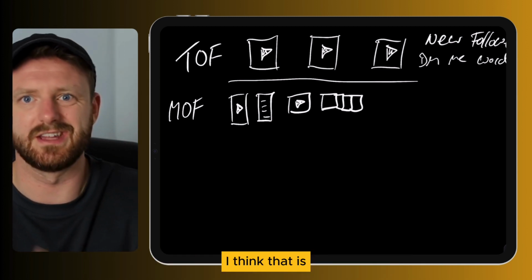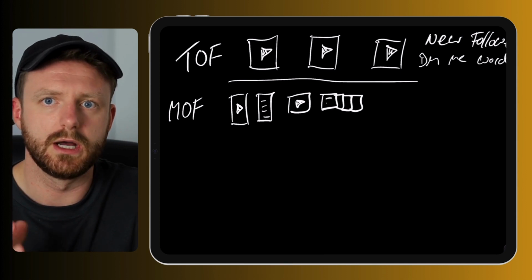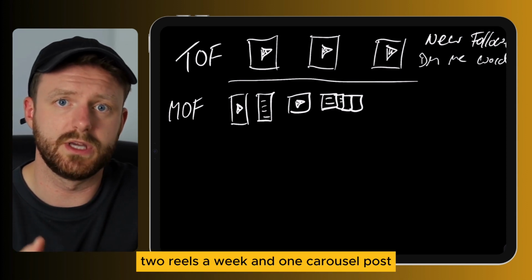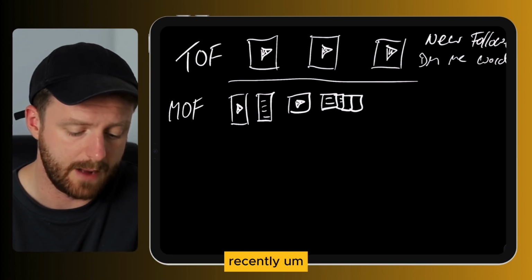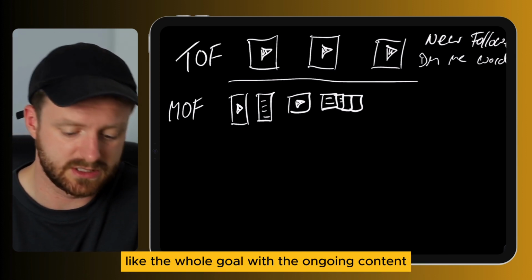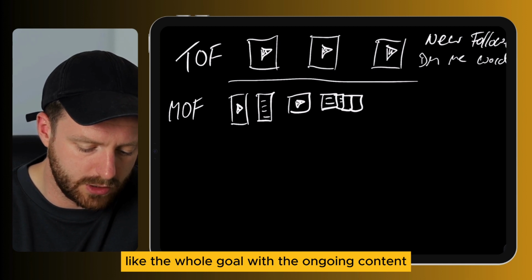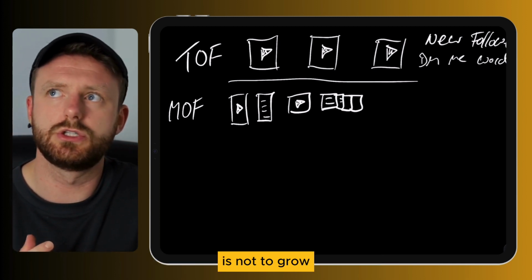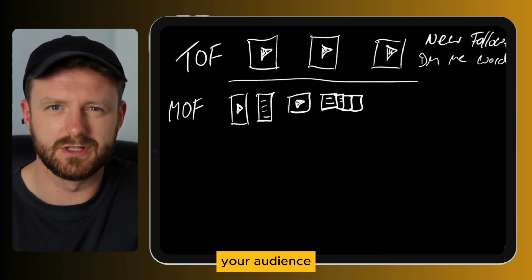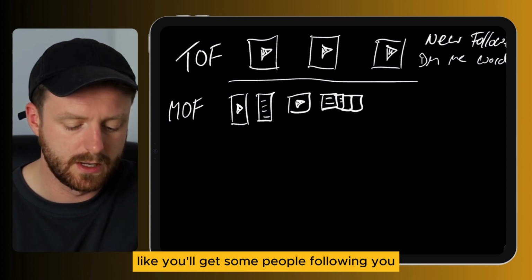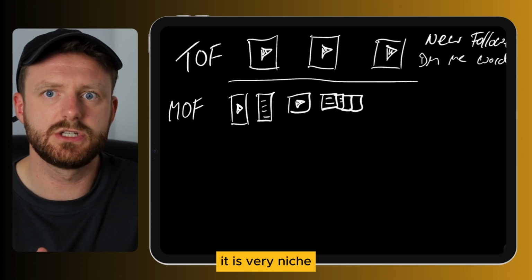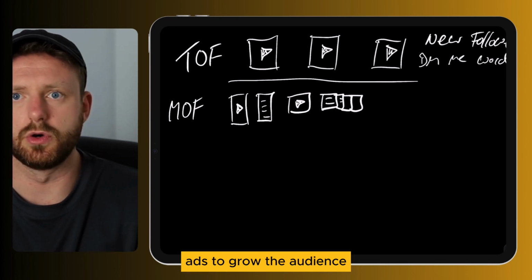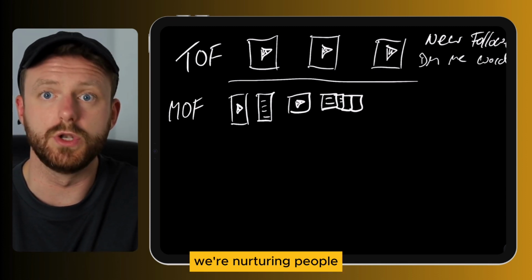A strategy I think is pretty simple and straightforward to follow is 2 reels a week and 1 carousel post. Carousel posts have been doing a lot more effectively recently, especially with your existing audience. The whole goal with the ongoing content is not to grow your audience. You'll get some people following you, but in reality, when you're growing a coaching business, it is very niched. And so we're using the ads to grow the audience. And then in our middle of funnel, we're nurturing people with our